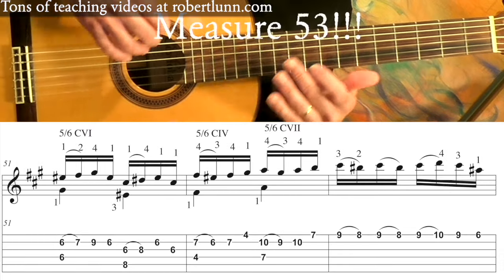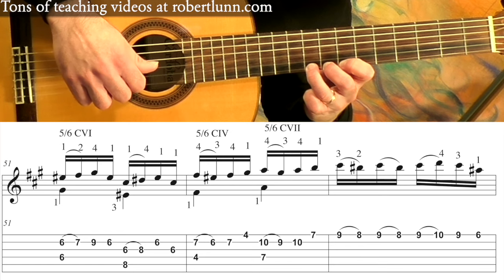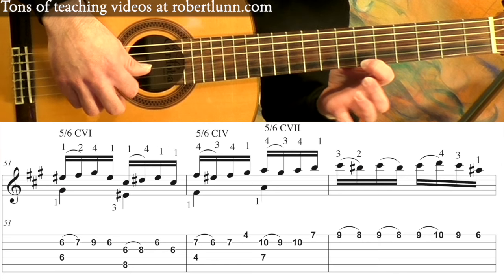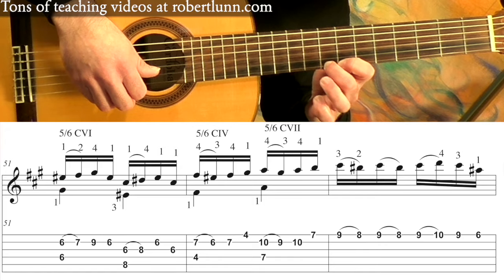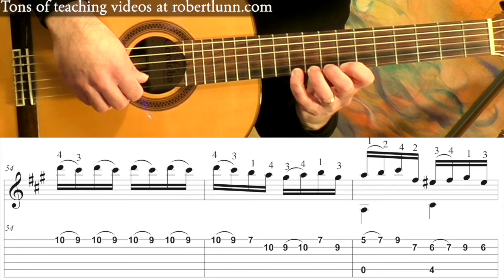And so on. So then if you take a look at measure 52, this is going to be in the 7th position, 3 pulls off to 2, repeat, 3 up to 4, 3, and then I go down to the 6th fret to pick that. So slowly it's going to go. All right, measure 54. After we've done this, we're going to go back to the 7th position, 4, 3,